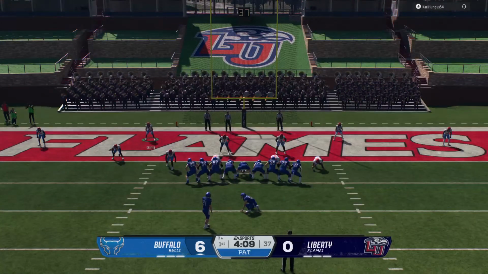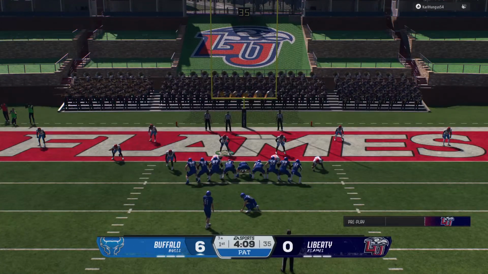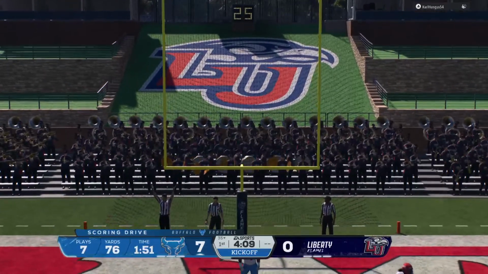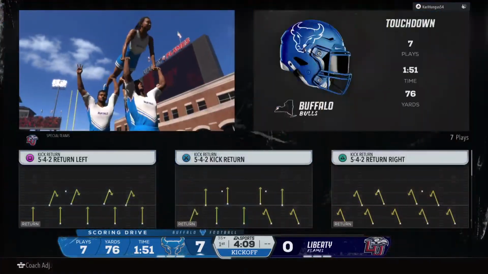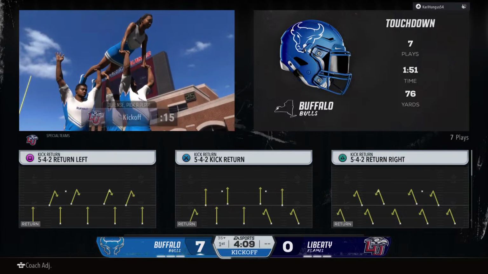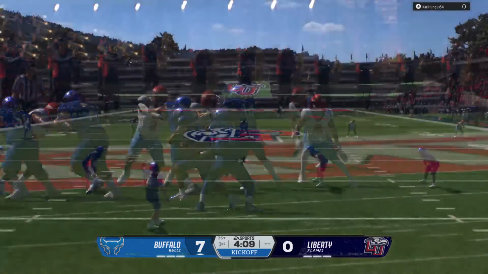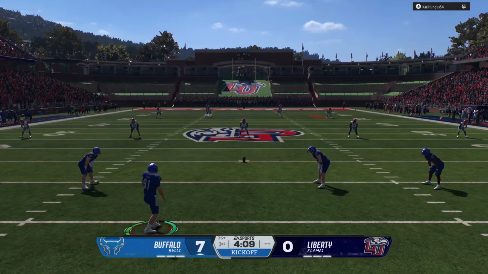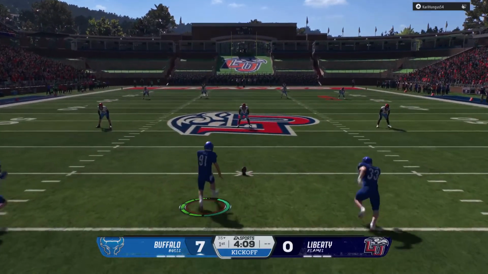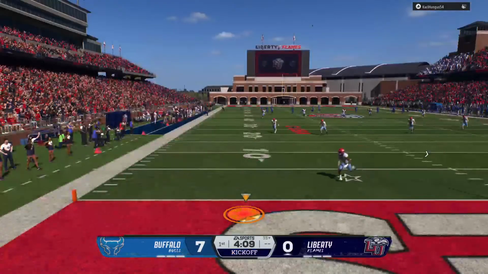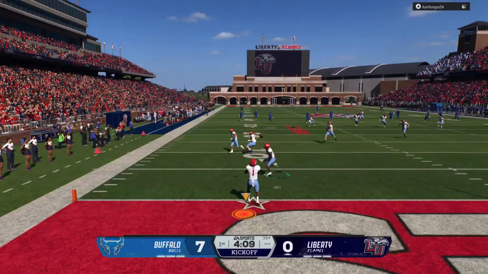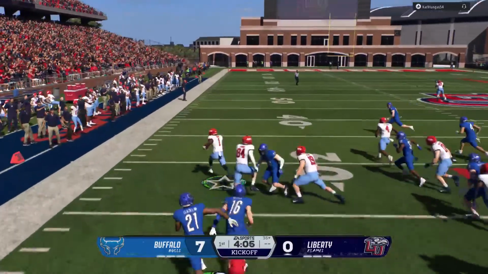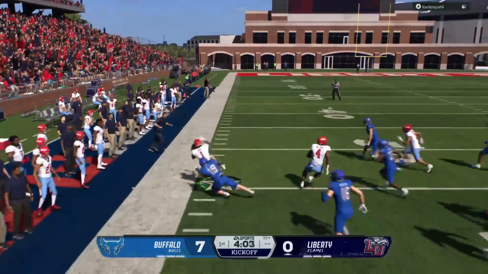They get set for the point after as we have the first score of the game. And the extra point makes it 7-0. 76 yards on the drive for the touchdown, and they capped it off with a 1-yard plunge. They're getting set to kick it away, and that last score took a little oomph out of this crowd. The returner's going to try to see what he can get. He's got great speed.